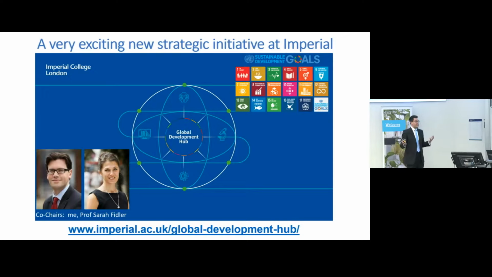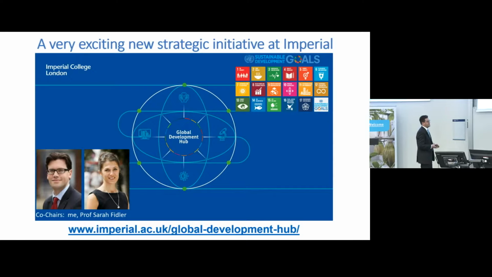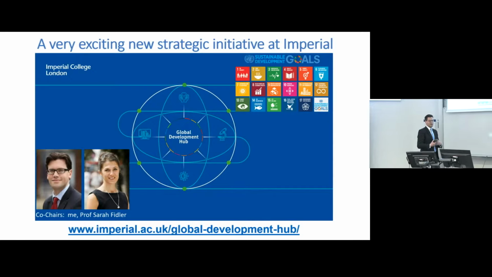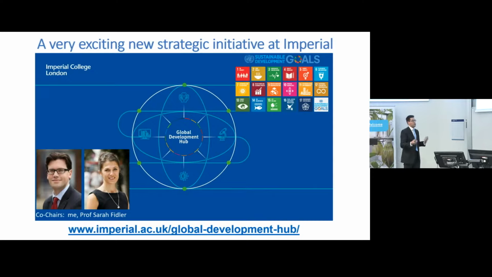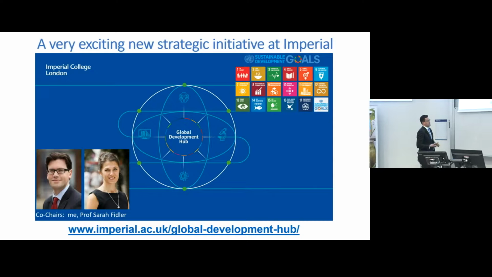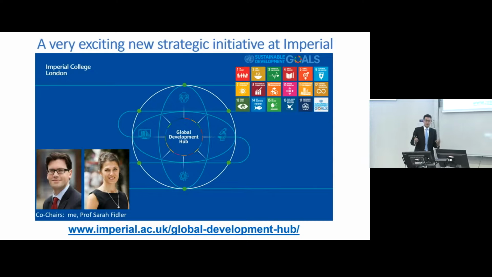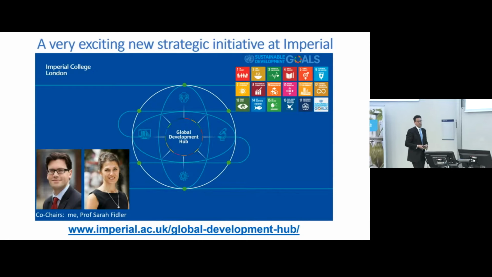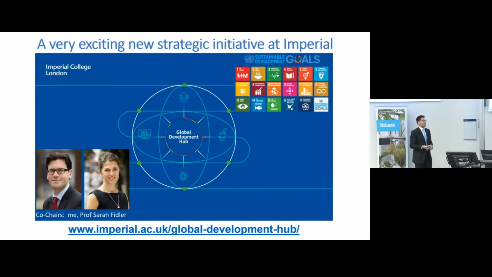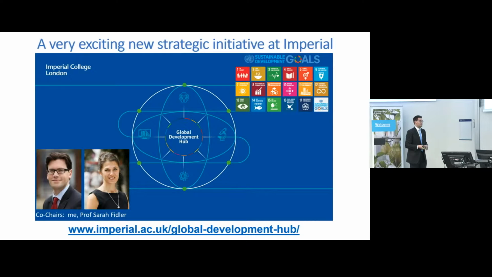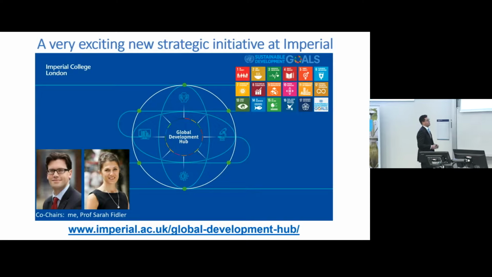There's a lot of great work that does go on across the college. It's not really all joined up, I guess. We need to be more joined up, more interdisciplinary. And I think we need to share our partnerships better in terms of who we work with overseas. The science at Imperial is really great, but sometimes it's the partnerships that we're missing to really have the impact on the ground. So that's the aim of the hub for the next few years: to boost our impact of the great things that are going on here at Imperial.